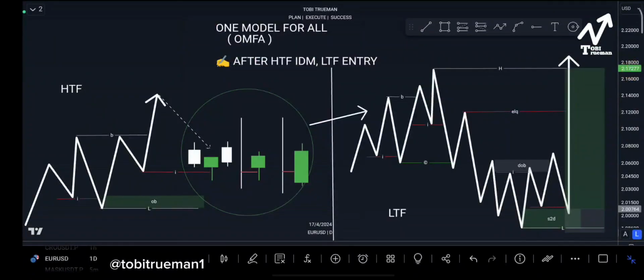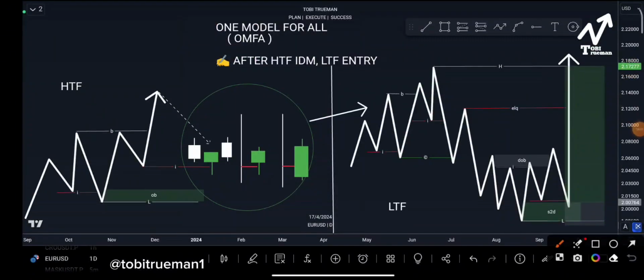Okay, you're welcome. Now we want to look at, we're still applying our entry model, this one model for all, the OMFA. We know our entry model, still applying our entry model, OMFA, then this our entry model